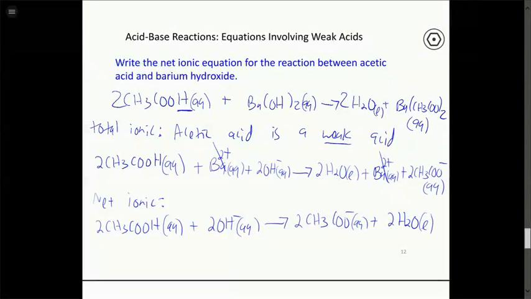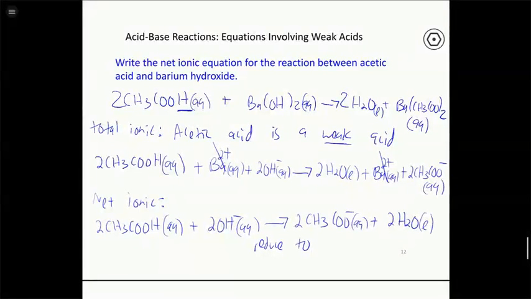And as we see here, sometimes when you're writing the net ionic equation, you can get coefficients that reduce. So really a simpler way to write the ionic equation, every single species here has a coefficient of 2, so we can just remove all those and write them as coefficients of 1. So this becomes